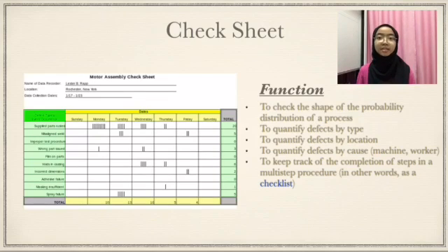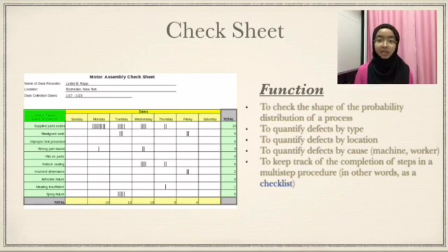So the functions of check sheets are, first, to check the shapes of the probability distributions of a process. Second, quantify defects by type. Third, by location. Fourth, by cost, which is from the machines or workers. And we are going to keep track of the completions of a step in a multi-step procedure, where we can call